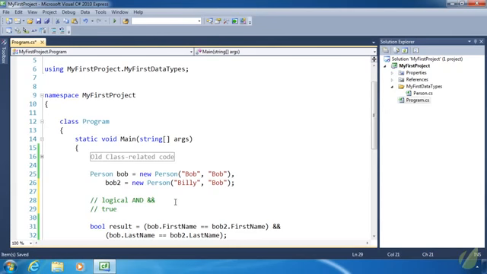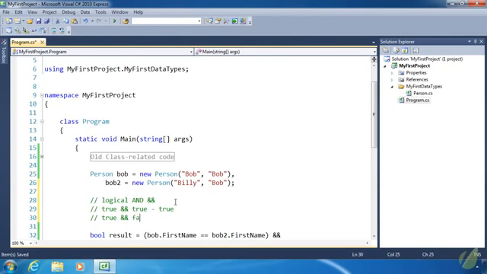So if we have true and true, the result is true. If we have true and false, the result is false. If we have false and true, that is false. And this is short-circuited. And the reason why it short circuits is because the first one is false. Since the first one is false, it doesn't need to look at the second. And last is false and false, and